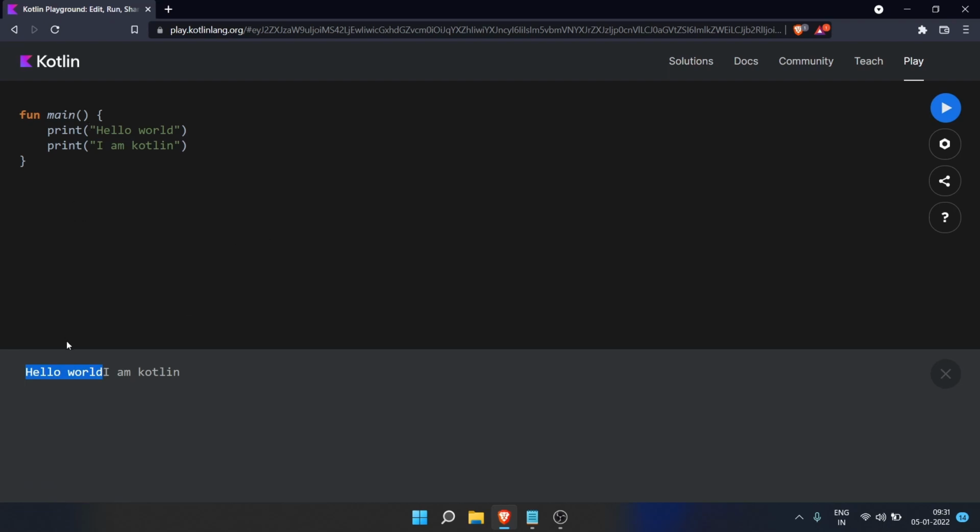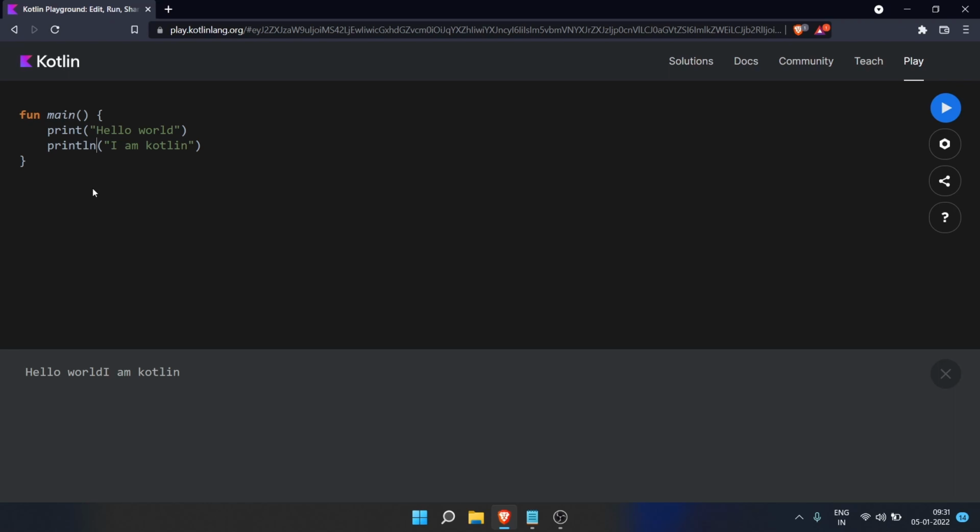So let's say we want this I am Kotlin on a new line. So let me write ln over here. What do you think, what will be the output? Here you can see there are no changes. Why? If you remember, if you write ln, it will print the I am Kotlin on a new line, but again it is not printing.